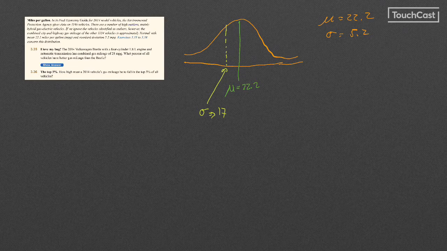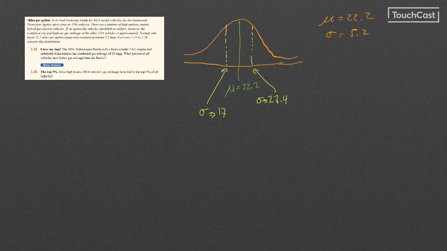And on the right side, it's added. So 22.2 plus 5.2 is going to be 27.4, and this is at one standard deviation. So right there I have a range that I'm looking at, but really the first question,